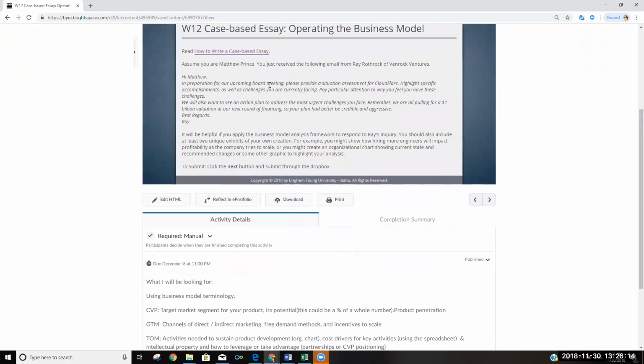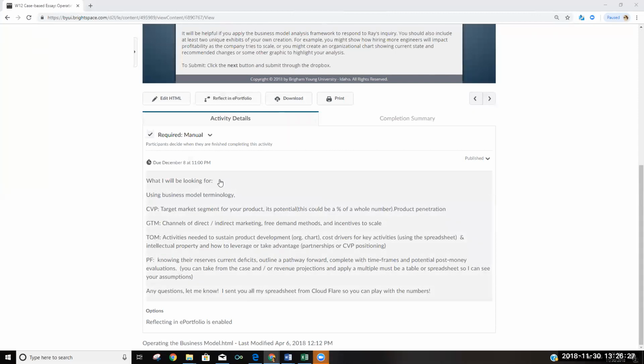But it's using Cloudflare again. And so what we went over in our group assignment last week will be very helpful to you if you can remember those notes. But use those examples that I've just showed you, and I will email them out. But also you can look at this for your feed forward rubric on how I'll be grading. So good luck. And the reason why I'm taking a little time on this is because your final will also be a similar essay. And so let's work on our essay skills and get those up. Thanks, guys.